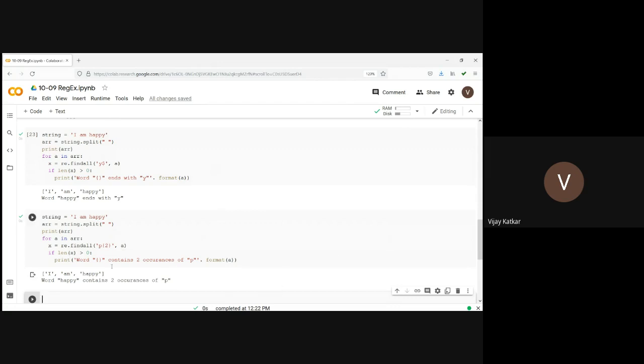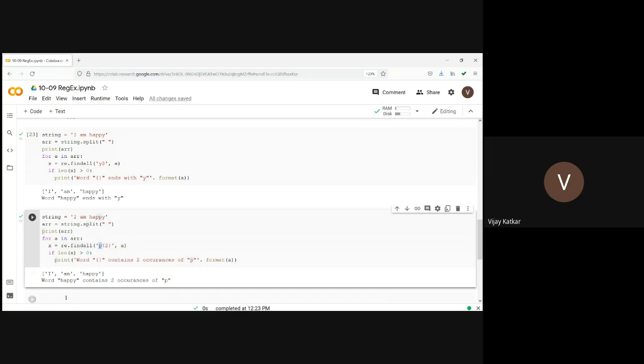It became two occurrences of pp, which means there should be four p's. Now I can say the word happy contains two occurrences of p. Whether it should be consecutive p or non-consecutive p is also okay. So I am writing PAP.